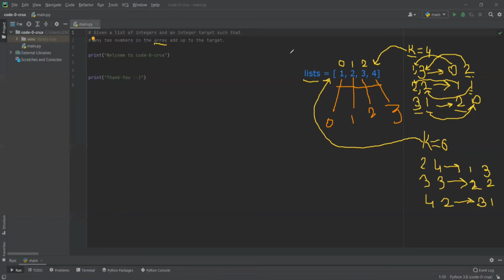Yep. So we will be looking at the solution for both the cases. But there is one more case, which is part of the second case only. That is, what if k is equal to 57 or any such big number? No combination is possible, because as you can see, no two elements from the list add up to 57. The maximum value of k for the condition to be true should be 8. The only combination possible is 4 and 4. Now we will look at the coding part of it.